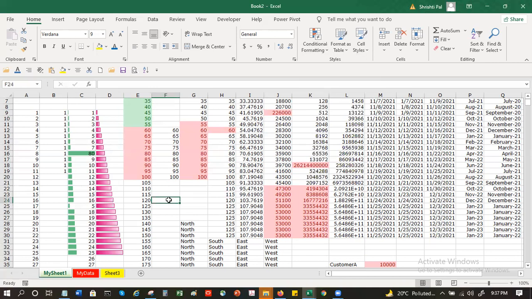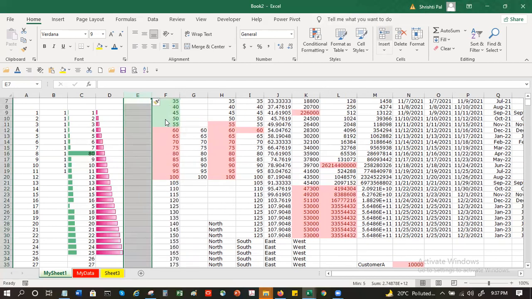Suppose you are presenting, you show this graph. If someone has a question, can you tell me how much value is that? You click on it and show it to them. Mr. Mukherjee, you are clear? Yeah, I am clear. Okay. Now taking this a little bit ahead. This one is also okay.